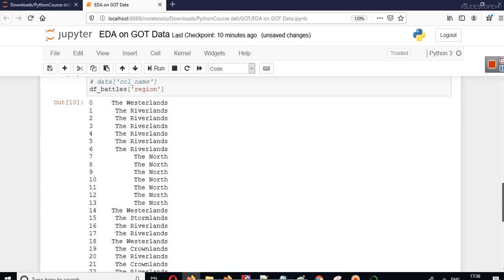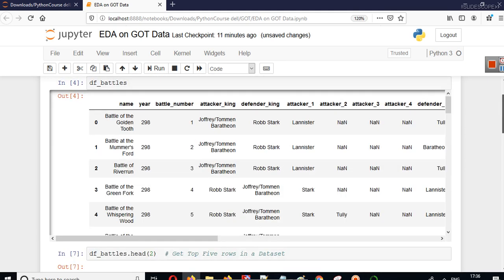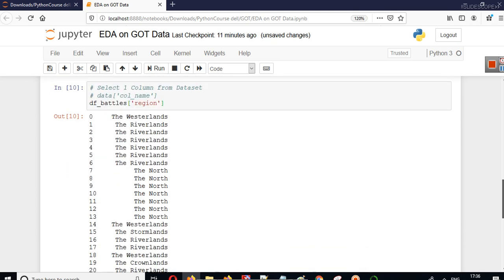Now you can see we have not selected all the columns, we have selected only one column. If you are familiar with SQL, there is select star from table, which means select all records from the table, and let's say select country from customers. You will get only the details of country. This is how we can select one particular column, right?